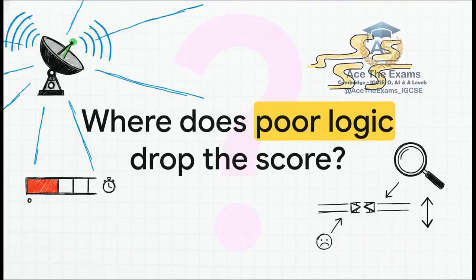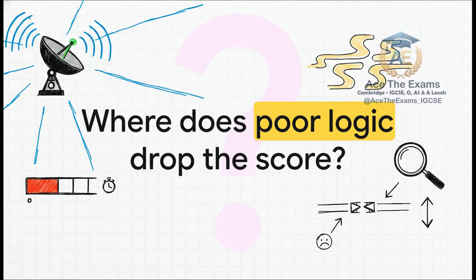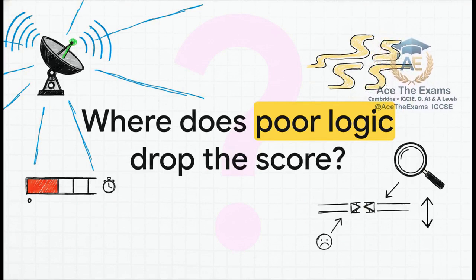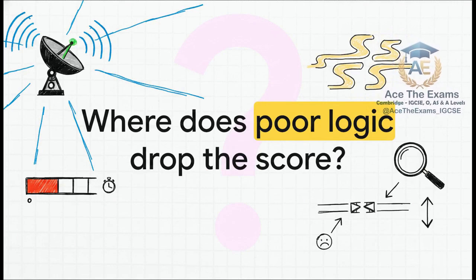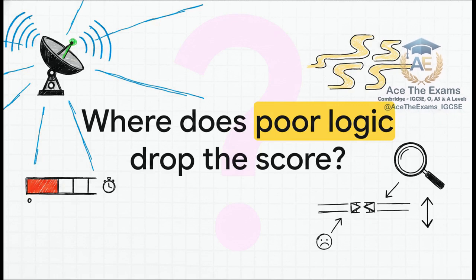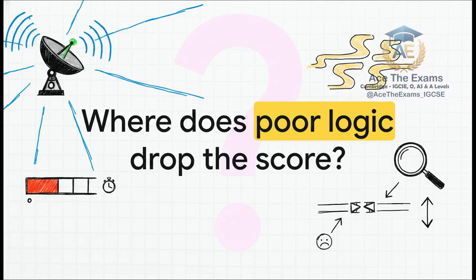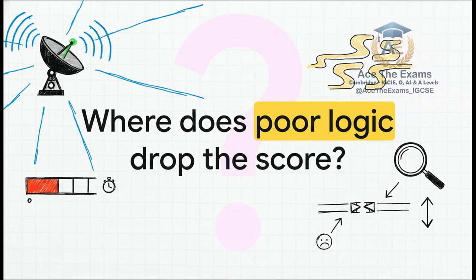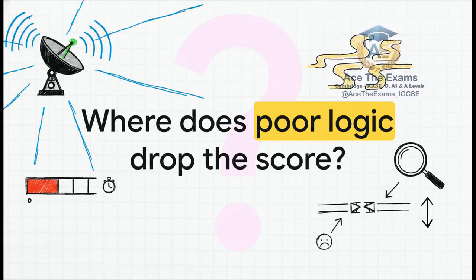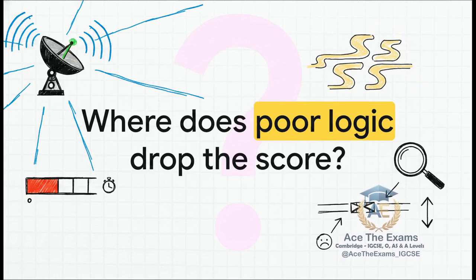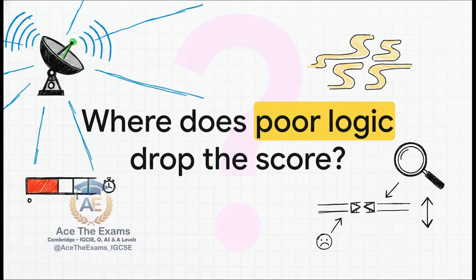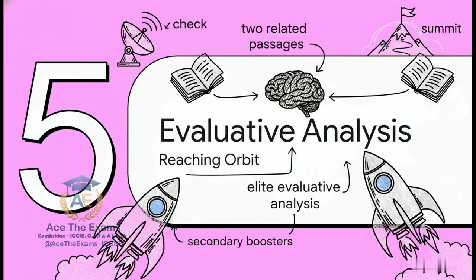I am handing the console over to you for a live radar check. Look at the screen. We've hit a structural data loss mid-paragraph where a hypothetical student's evidence links are dropping, threatening a complete mission termination. Can you spot the exact line where the poor logic drops the score? Scan the data. Typically, a medium-tier response malfunctions at the exact moment a student makes a solid claim about passage 1, but totally fails to draw the cross-topic connection to passage 2. The examiner's radar is waiting for that comparative link, and when it doesn't arrive before the time fuel hits 0, the score plummets. Excellent save!